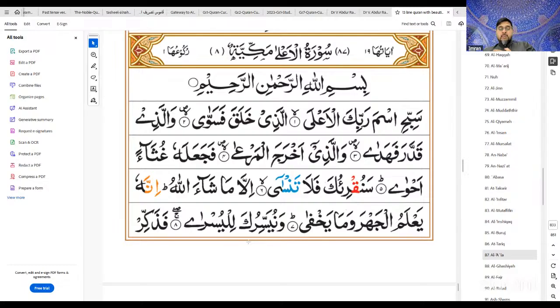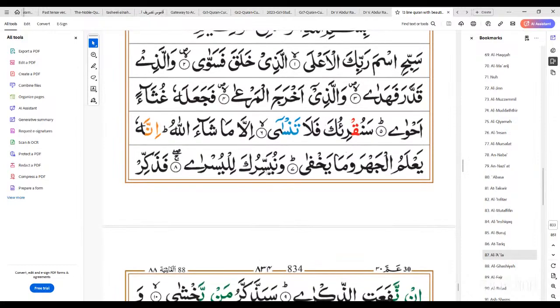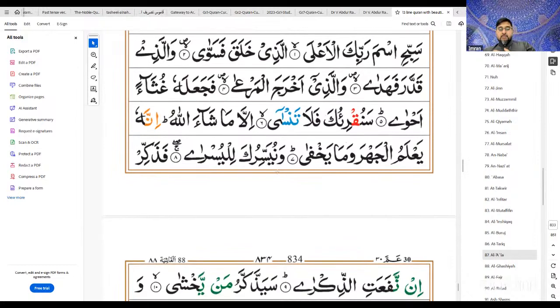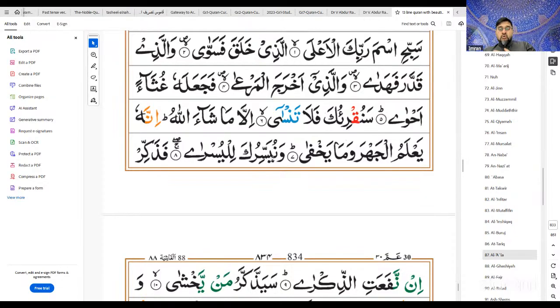You're making the command. Nuyassiru. Drop the noon from the beginning. The ya has a fatha. The sin has a kasra. The ra has a dhamma. Change the ra